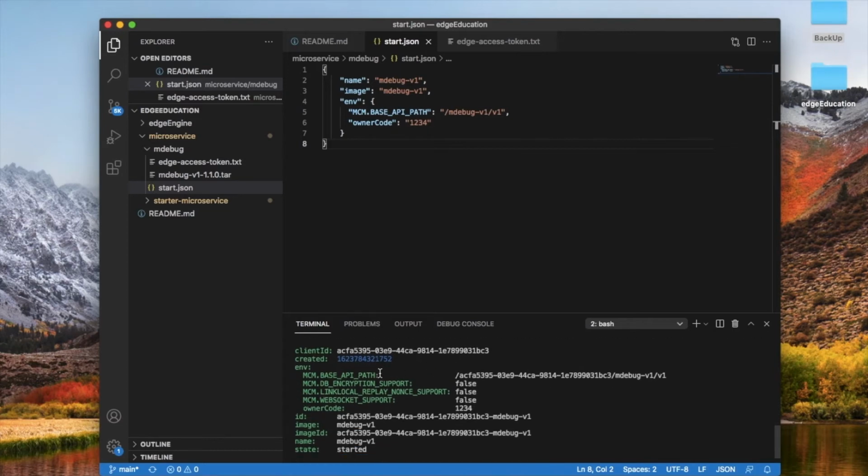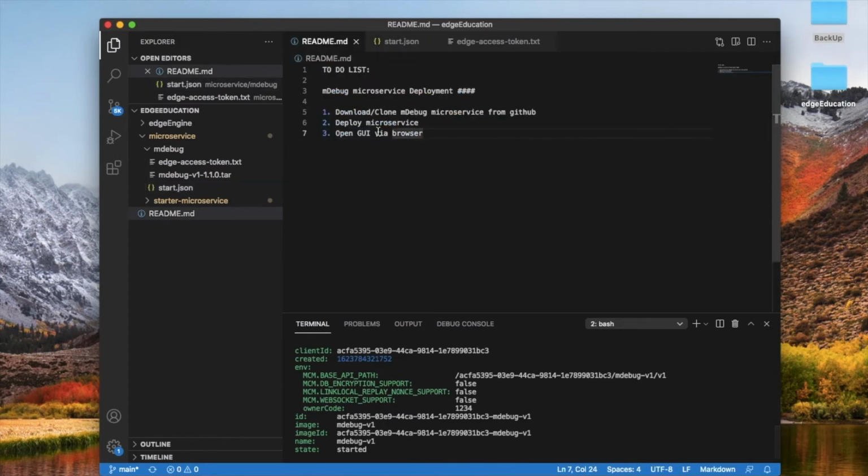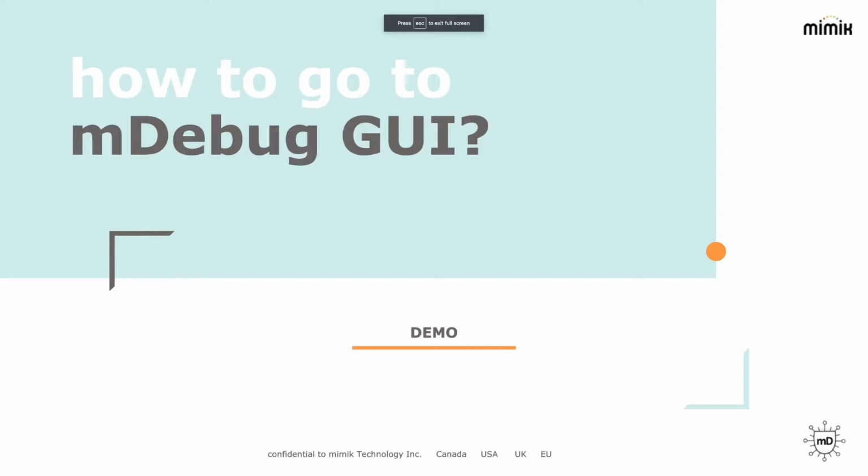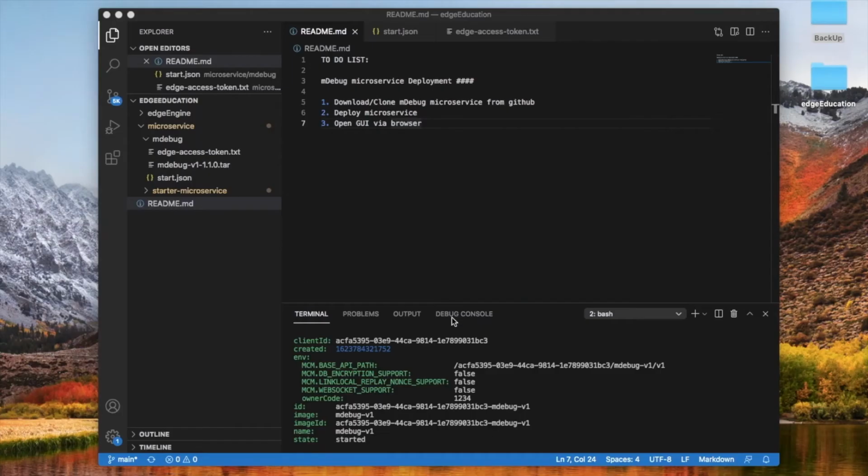So now we have this MCM base API path. We'll use this MCM base API path to open the GUI via browser. Now that we have deployed the image and started the container, we can see that we have the MCM base API path here. So what we'll do is copy this,